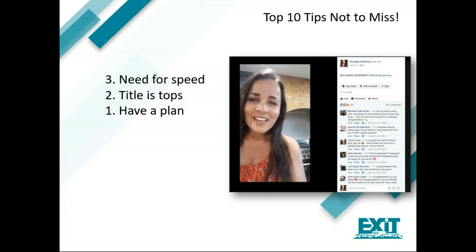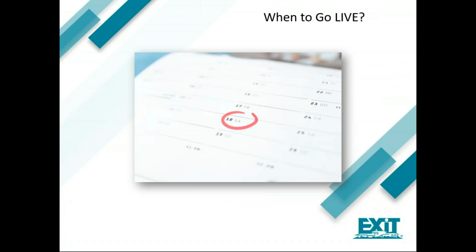Is this broadcast to build your brand, or is it to build your community? Now, neither of these is wrong, but you just need to know in advance, what are you planning to do? Because that will give you a better visualization of what you want to actually intend in your live broadcast. Now, here's what I know. Having a calendar with dates where you intend to go live is certainly going to keep you accountable. It's made a tremendous difference for me. And having a calendar is a great thing.